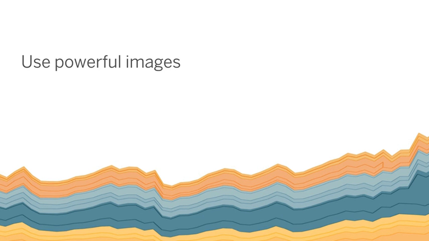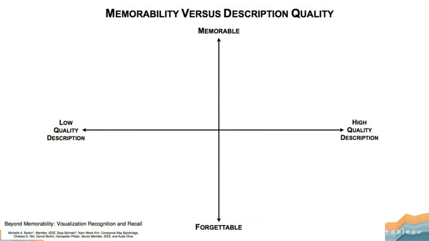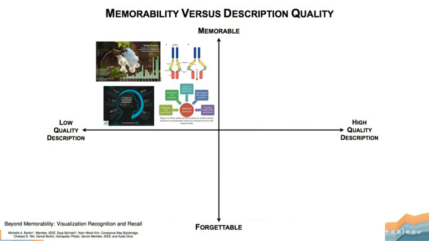So, you can use powerful images in your data visualizations. And actually, you can use those images to great effect. There's some academic research this last year by Michelle Borkin and her colleagues, where they were showing a series of images to people very rapidly. And then afterward, they were asking them to describe those images and finding out if they remembered them when they showed them again later. And they found that some visualizations that they showed were highly memorable, like these ones, but really hard for people to describe what they were about.